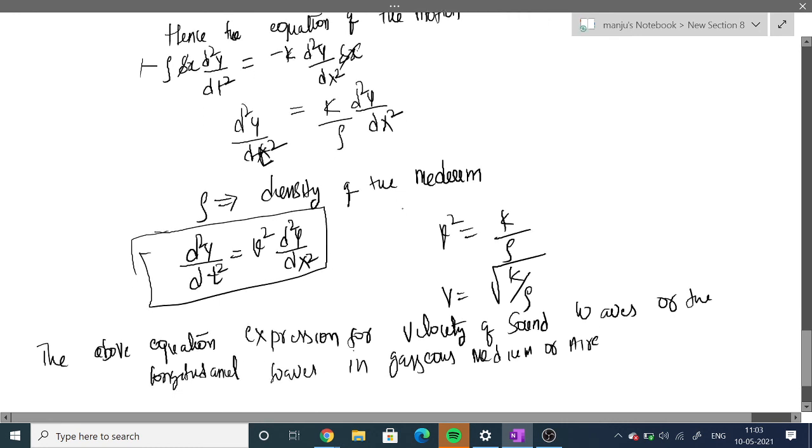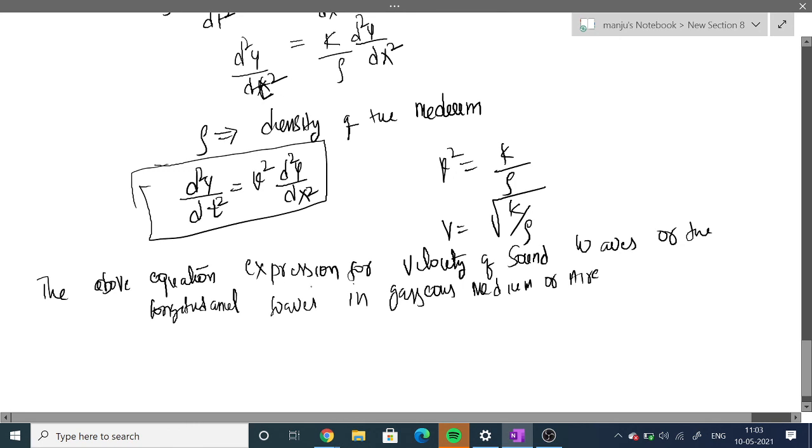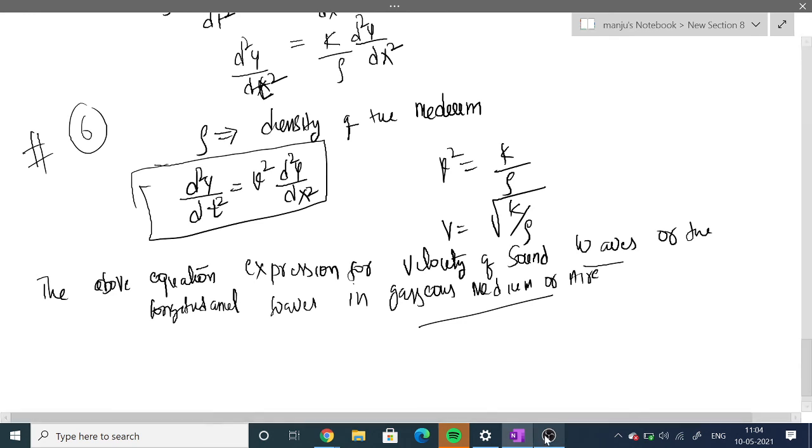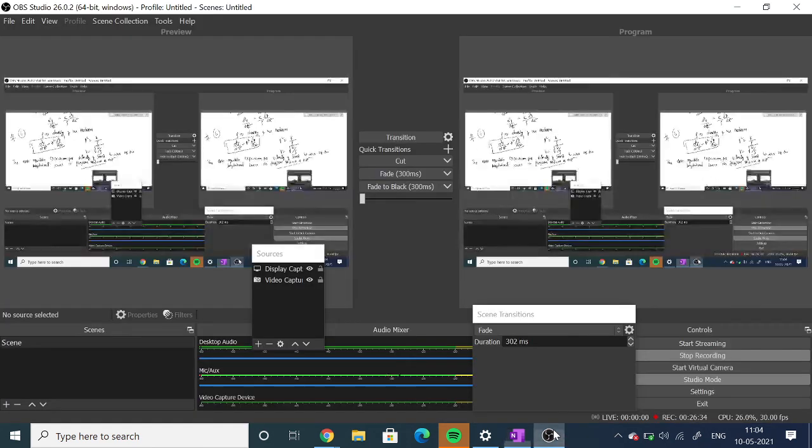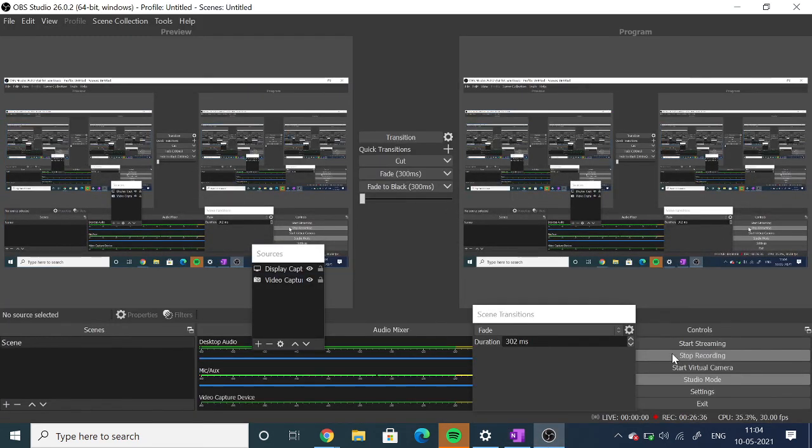So we got the expression for the velocity of longitudinal waves in a gaseous medium. This expression is very important as far as your examination is concerned. They will give it for 6 marks. Definitely this expression will be there for the 6 marks in the main examination. So be sure that when you are